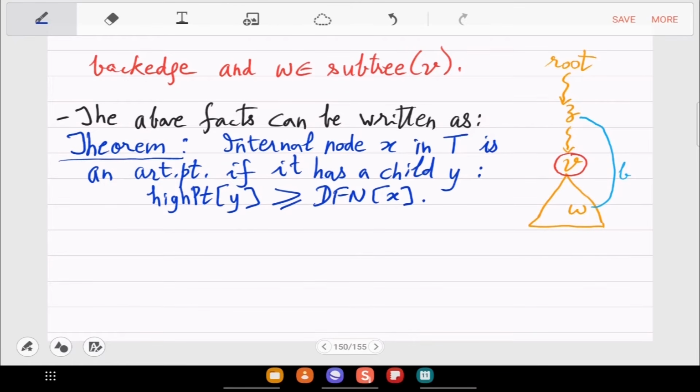Or is that a mistake again? Yeah, that's correct. So it should be less than. It's an articulation point, so what I wrote was correct, no? Because the high point is actually below X. So if you delete X, then the graph will be disconnected.